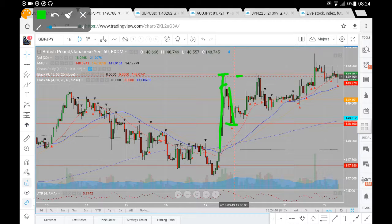We had a brief pullback down towards that 148.46. From this 148.46, we did have the move upwards, retested the 148.61, posted a higher low. So we do have a low, higher low, from which we did have a move upwards, formed a bit of a bull flag break to test the